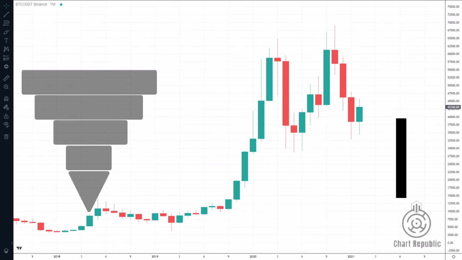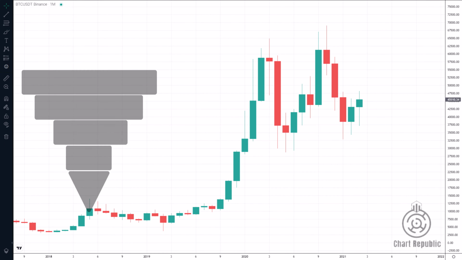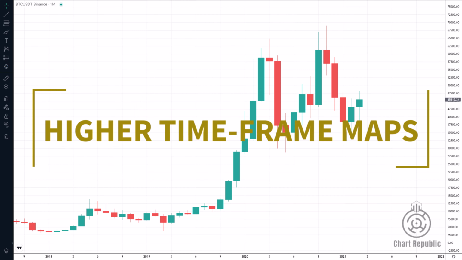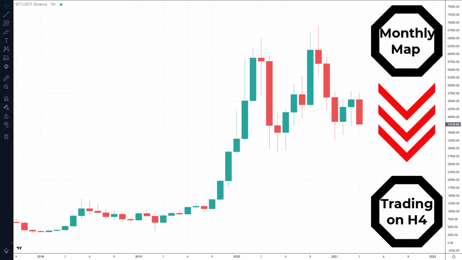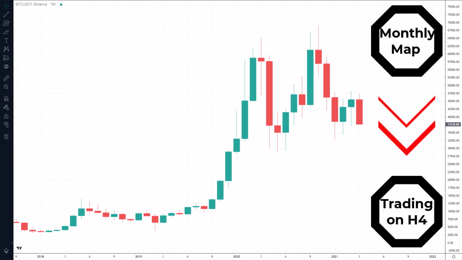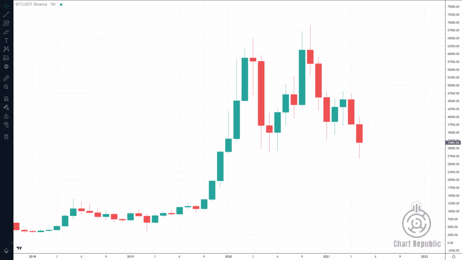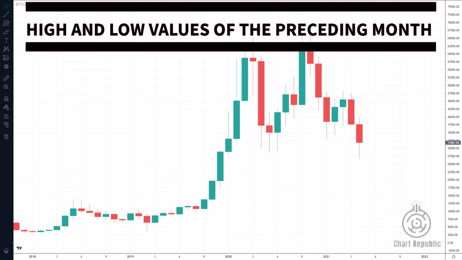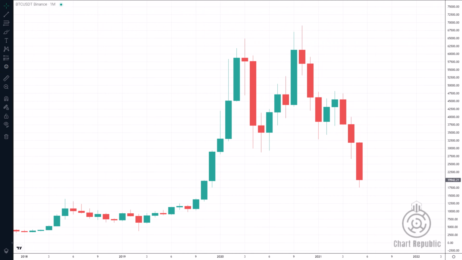One of my favorite top-down analysis techniques, without which I cannot start my trading day, is studying higher time frame maps. For instance, if I plan to trade using a 4-hour time frame, I will create a monthly map for that asset and explore trading opportunities accordingly. These maps consist of the high and low values from the preceding trading month. They can be extended to the right and utilized as potential thresholds for price action in the lower time frames